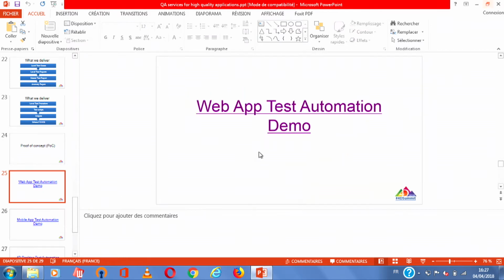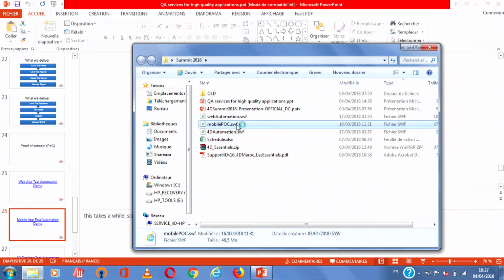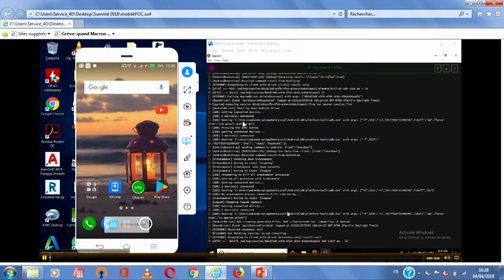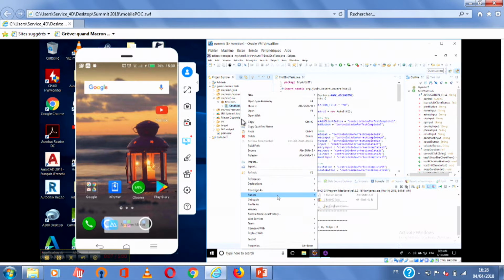Then the second one will be for mobile app. So as I said, the second one will be for a mobile app testing.